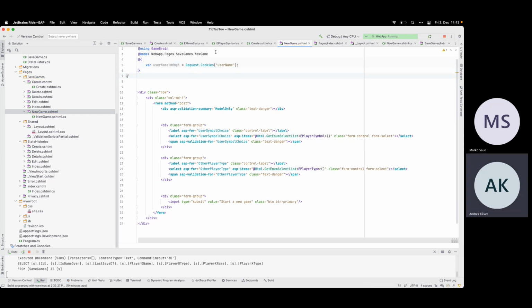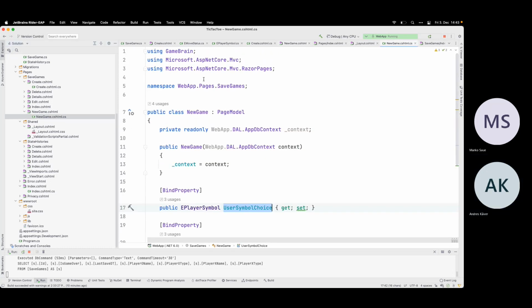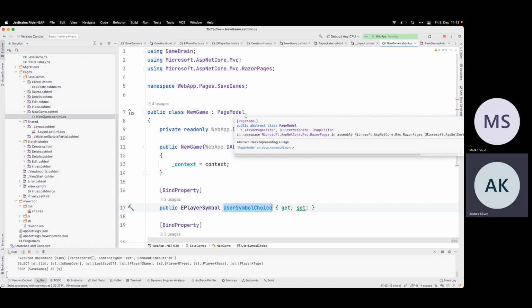Yes. And you can see how the context changes there. So here I don't have the context. The context here is the page itself, and the page already has the request object. So if you go here into this class, new game, the page model has this request object.